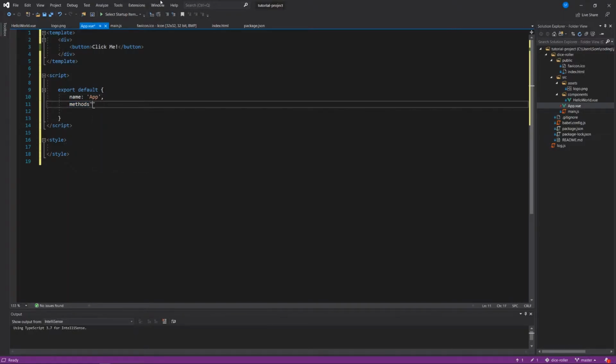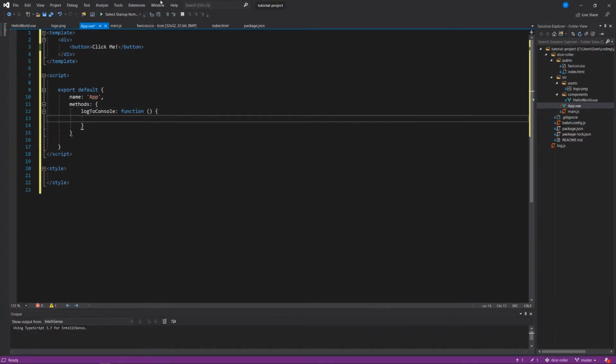And under methods, I'm going to create an object. And that object is going to have key value pairs. And let's just say we'll create a method that's just called log to console. And we'll just say log to console is a function that takes no parameters. And what does it do? It says console.log hello world. That's the way we create a custom function